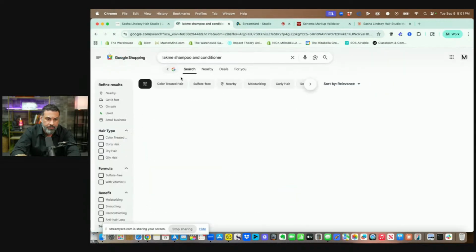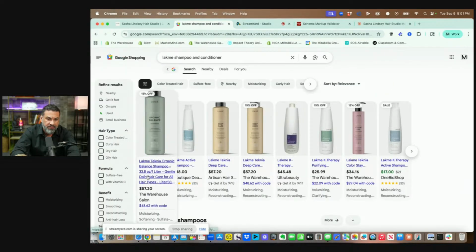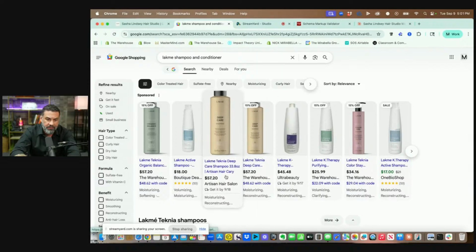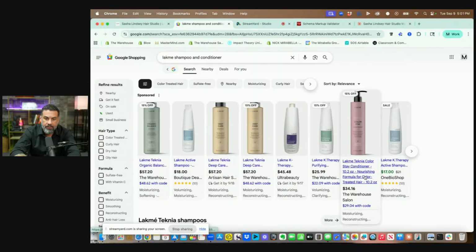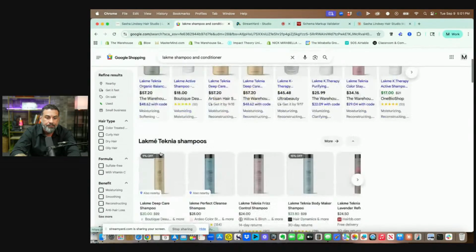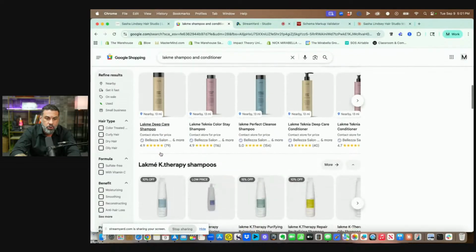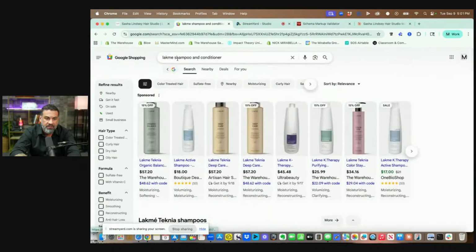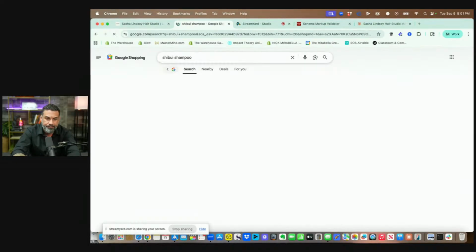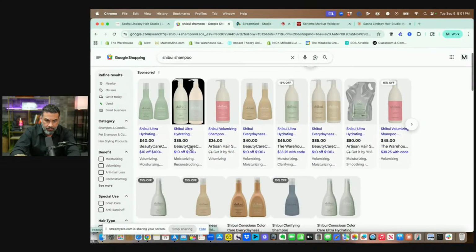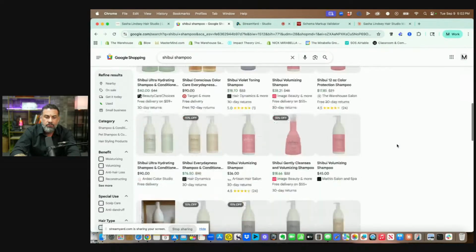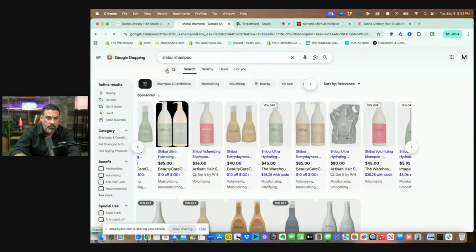When you click on shopping, let's see. There's a warehouse salon. There's one of my salons I work with. There's the warehouse salon again, and again. And so it gives you an opportunity to show up when people are searching for the products that you sell. Like, let's go Shibui. It's another one of our brands we sell. Shibui shampoo. So let's go: the warehouse, beauty care choices, artisan, the warehouse. It just gives you an opportunity for someone to find your salon. Now, when you go back to search,